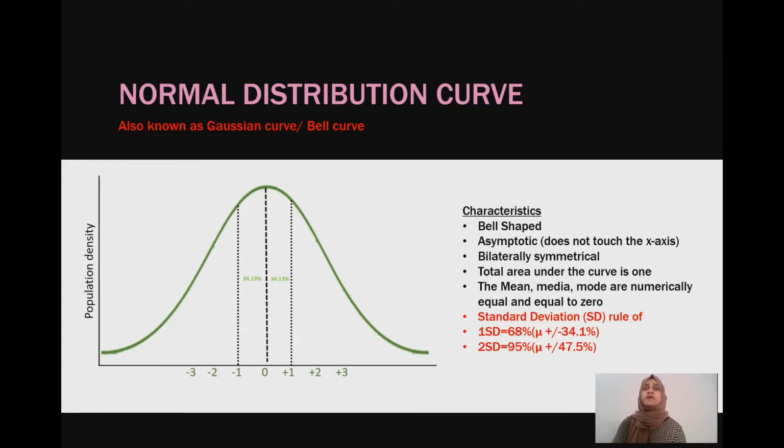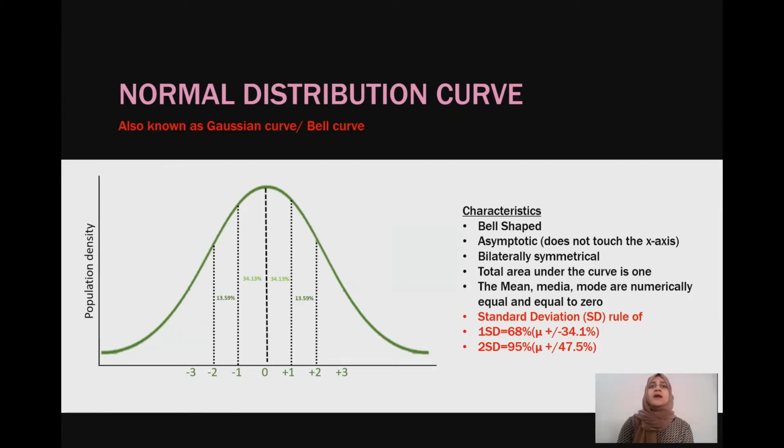Now, two standard deviations would mean that 95% of the data would lie within two standard deviations. And that would mean on either side, we have 13.59%. But when we're considering from the mean, which is 0, we'd have plus minus 47.5% of data on either